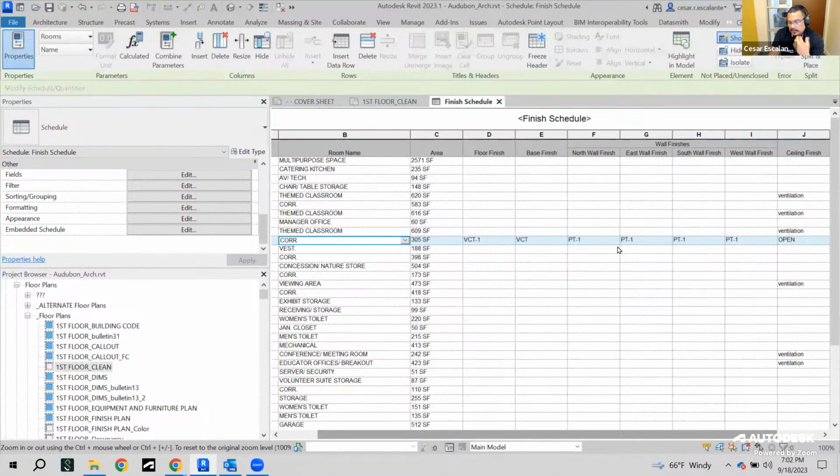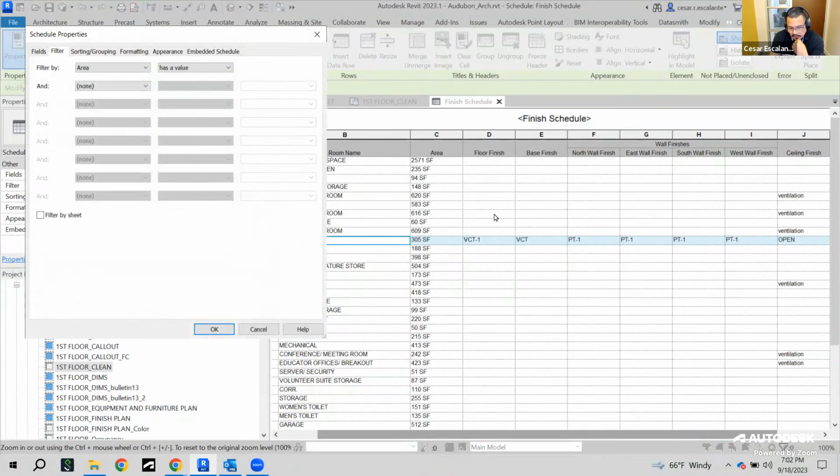Now, if all the corridors are going to have the same parameters, then I can use some filtering in order to aggregate, just input them all at the same time. So let me show you. Under the sorting group,